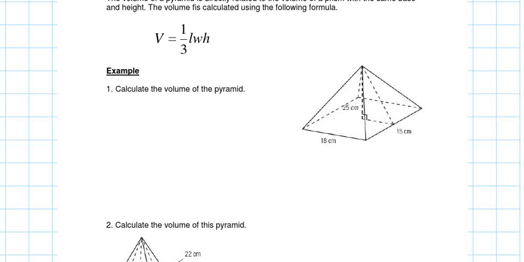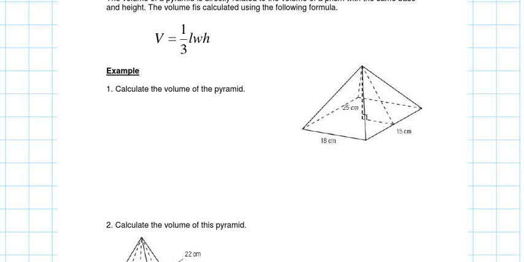to finding the volume of pyramids. And the formula for that, as you can see from, again, your formula sheet, is 1/3 length times width times height. So in this case, the height is actually the height of the pyramid, which comes from the vertex of the pyramid, from the top of the pyramid perpendicular to the bottom,